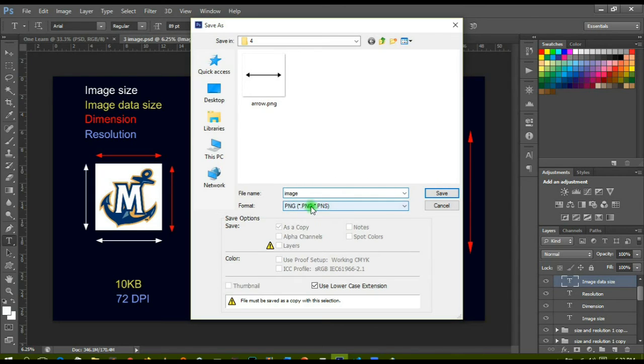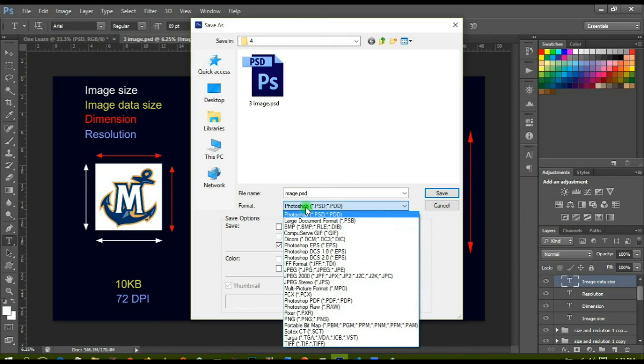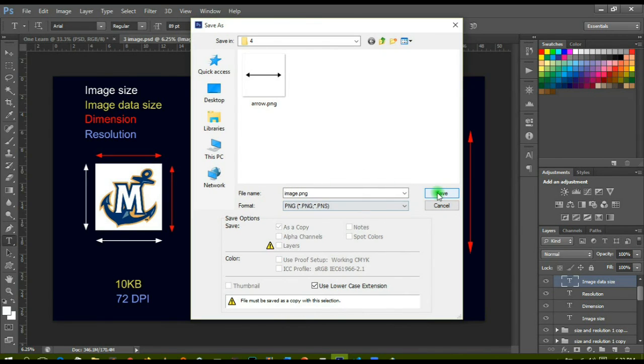It's no longer going to be a PSD file. It's my choice. I can save it as PSD if I want by coming over here and picking the extension PSD. It just means I'm saving it as a Photoshop PSD file. But if I don't want to save it as a Photoshop PSD extension, I can save it as anything else. For example, the PNG file. All I have to do is come over here, click on this, and click on save,